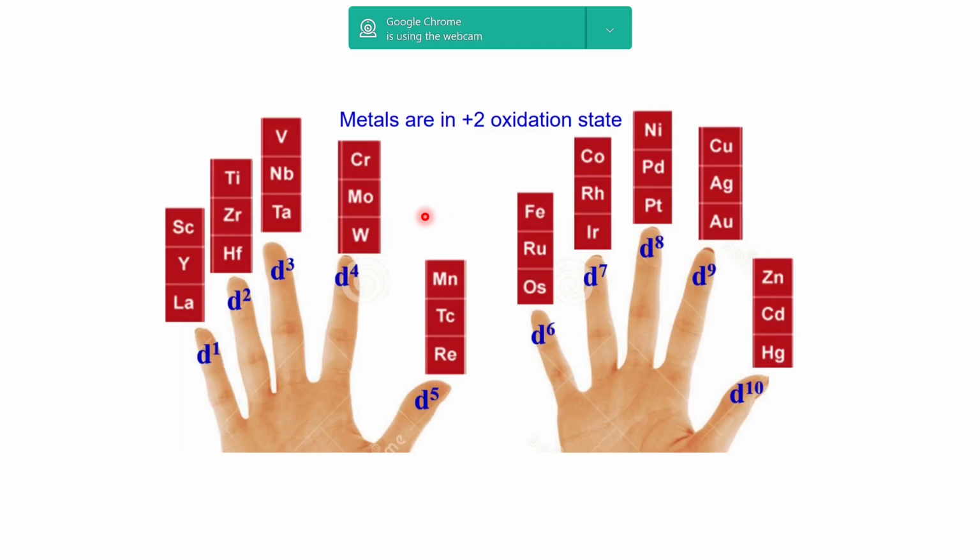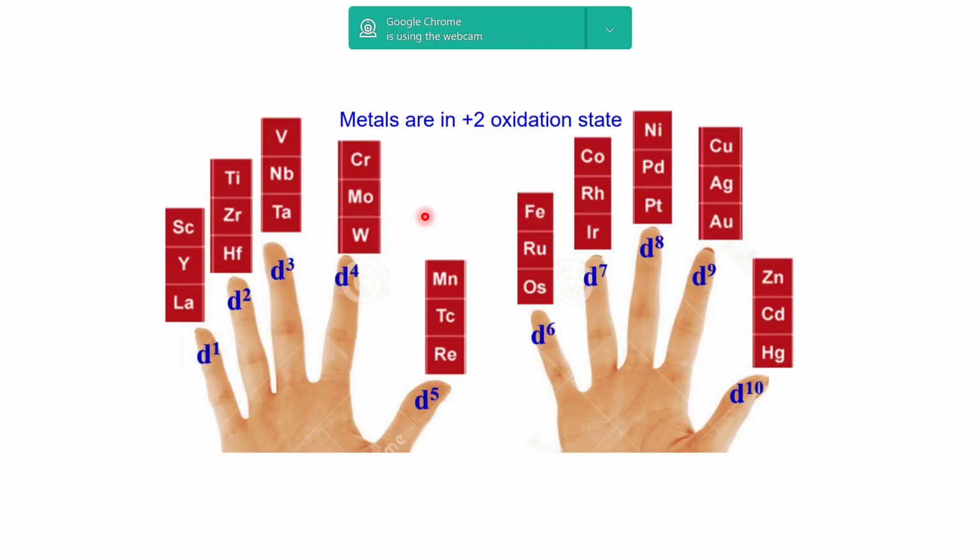So from your fingers, you can say, okay, what if someone asks, what is the number of electrons of vanadium in its +2 state? So I know that scandium, titanium, vanadium. So in +2 state, it has 3 electrons. See, 3 electrons. So if you just learn this, it will be much easier and helpful for you to